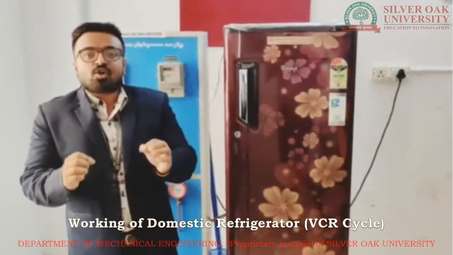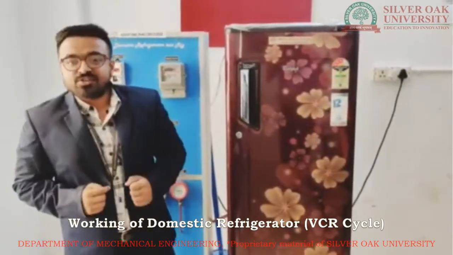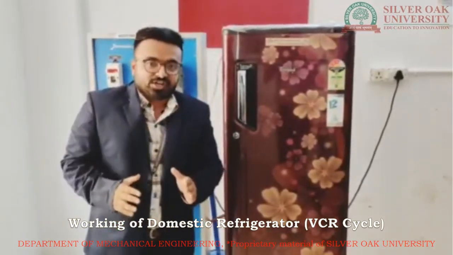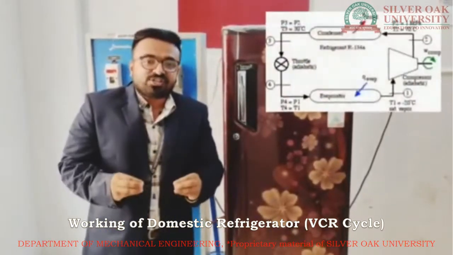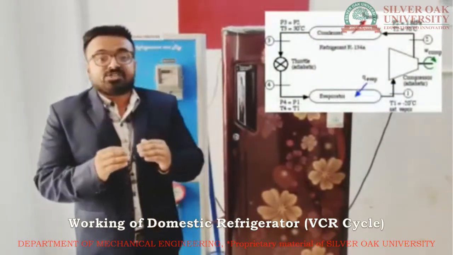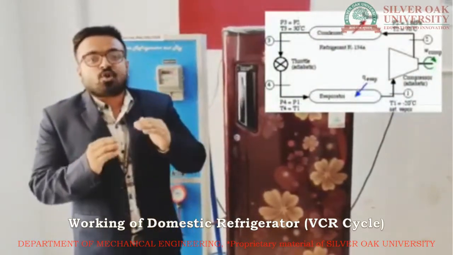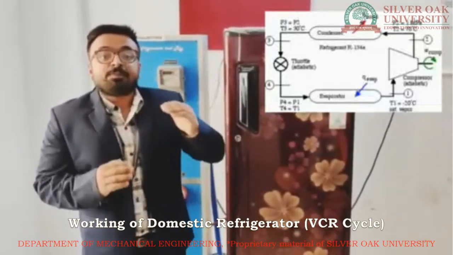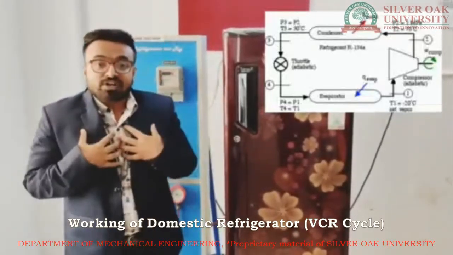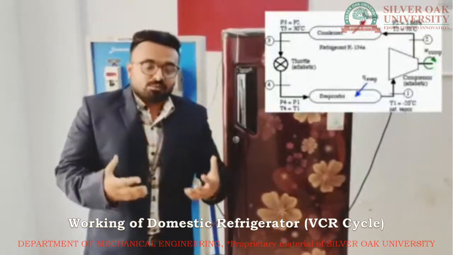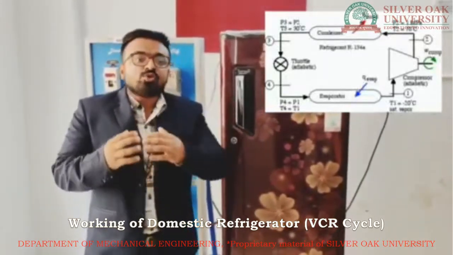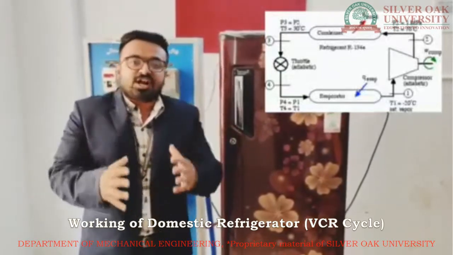Now what is the work of a compressor? You guessed it right. The work of the compressor is to compress the refrigerant. Now when you compress the refrigerant, the pressure and temperature, both the quantities of the refrigerant increase. The pressure also increases, the temperature also increases. Now our target is to increase the pressure, but in turn the temperature also increases. So we use the secondary component, that is the condenser.